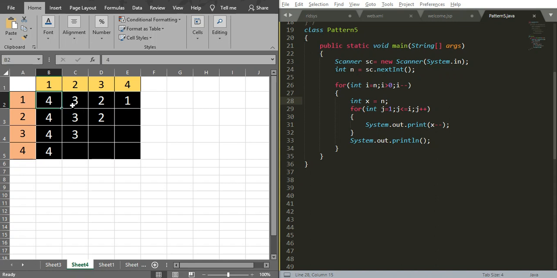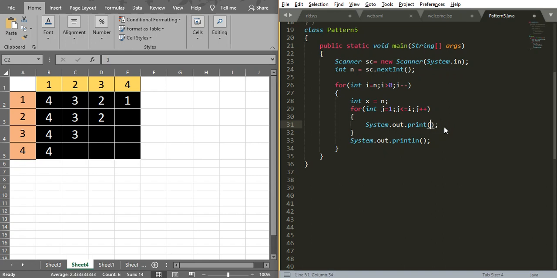Once it has been decremented, I get the value 3, then 2 and 1. So that is why I wrote x minus minus. If you write minus minus x, you will get 3 2 1, and you won't get the first column. The output will get printed from the second column onwards.